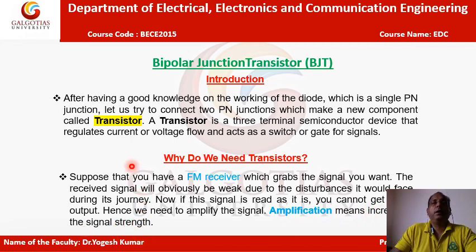Suppose we are hearing a song through a transistor radio, but its voice is so low that we want a loud voice. So for that we do the amplification of the signal. Amplification means we have to increase the strength of the signal, that is, increase its amplitude, and that is done by the component called a transistor. So the transistor is a very important component nowadays that will increase the volume of the voice.